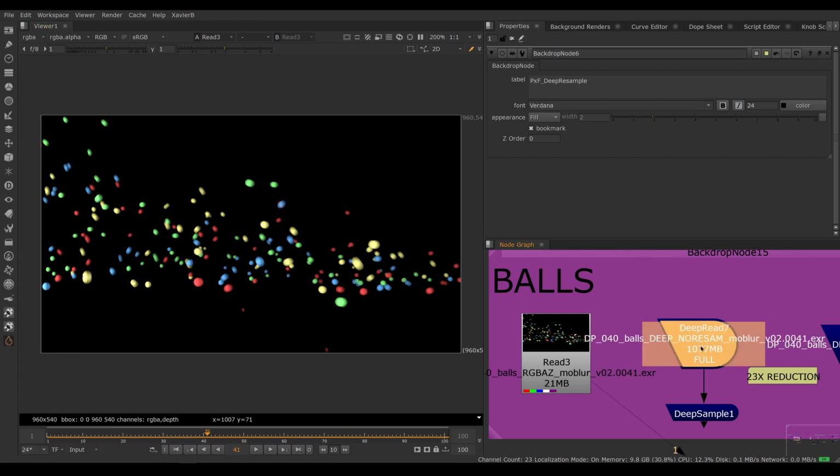So here's my deep read here, and notice that my non-deep image is 21 megs. That's for the 100 frames, so the whole sequence is only 21 megs. So even with AOVs like a depth pass, this is only 21 megs. The whole deep render is 1 gigabyte, so about 50 times bigger. So this inflated quite a bit when I rendered it with deep,